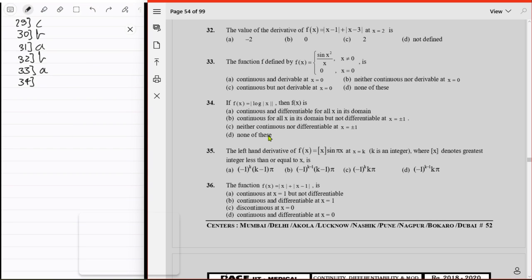Wait. How can it be continuous? Fine. Oh, seriously, can't believe. At x equal to 0, there's a bit of a problem because it's going to infinity, and I'm not sure what to think about it. Should it go to infinity or not? I mean, maybe 0 is not in its domain in the first place, so we don't have to worry about that. Right. Then, in that case,